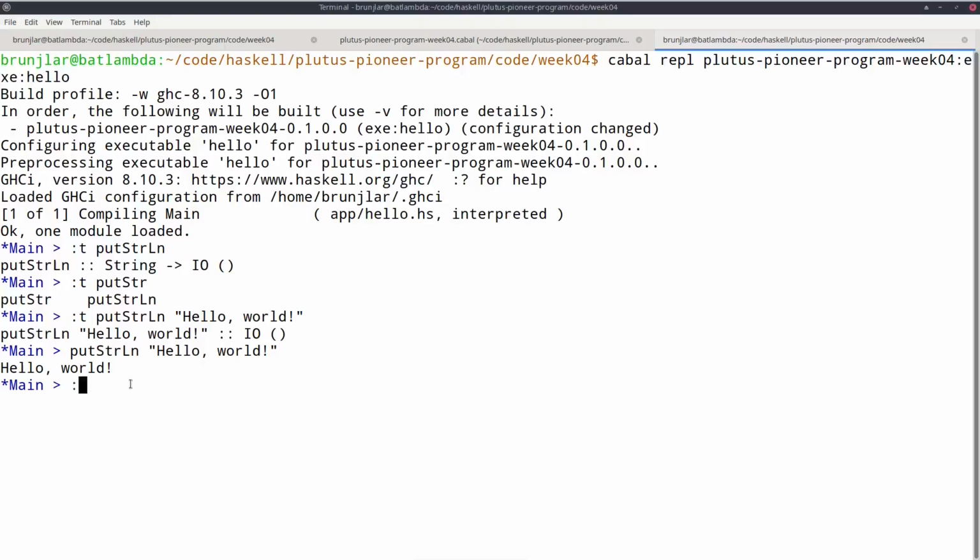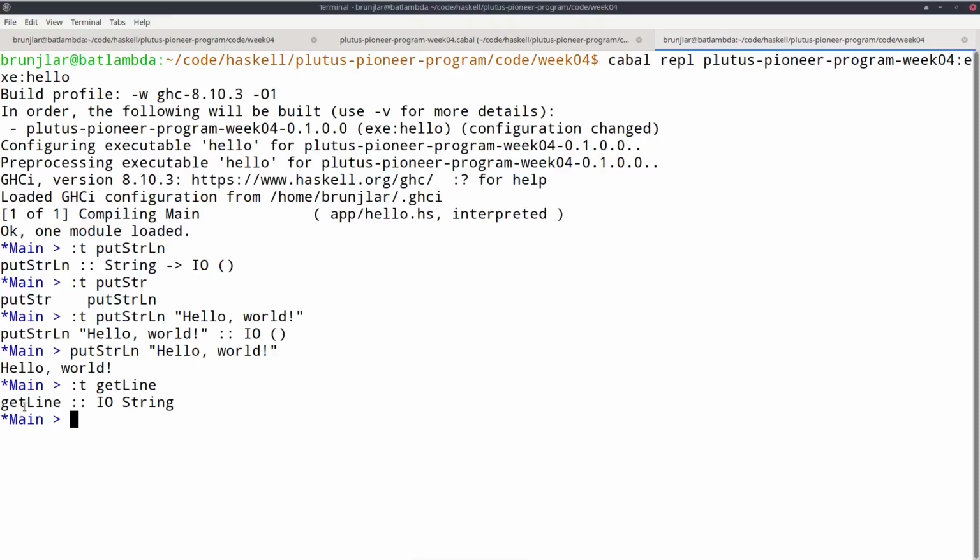Let's look at another one. It's called getLine, and that is of type IO String. So that means it's a recipe, possibly containing side effects, that after having executed the side effects will produce a string. And in the case of getLine, the side effect in question is it will wait for user input from the keyboard.